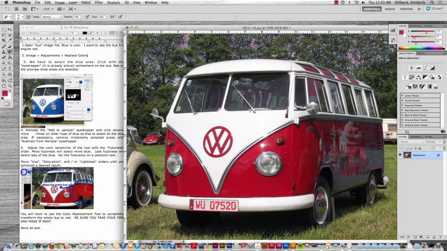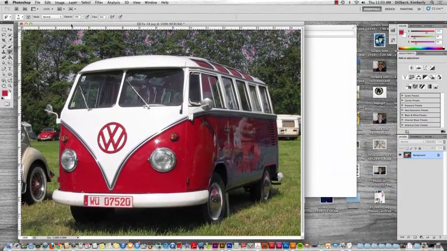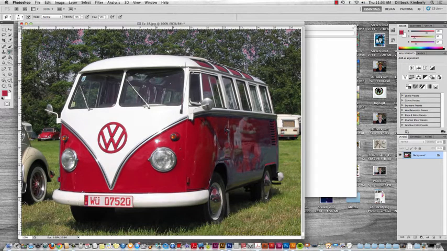And once you've got that, here's how you're going to get the pink out of the sky. You're going to use a brush that's called the History brush. It's right underneath the normal brushes. There's also Art History. That is not the one you want. You want this one. So choose it. And as you paint across your sky now, it's going to remove the effect you just did. So you can paint your sky back to being